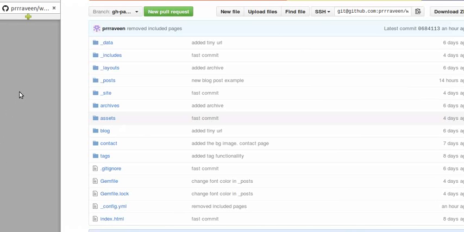Hi, I'll cover the directory structure of the wedding theme. First, we are going to look at the files, and then later on we'll cover the directory structure. So the most important part of the Jekyll theme is the index.html. This is the landing page, and it holds basically the different parts, what are so-called partials